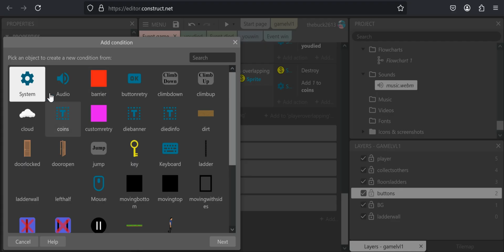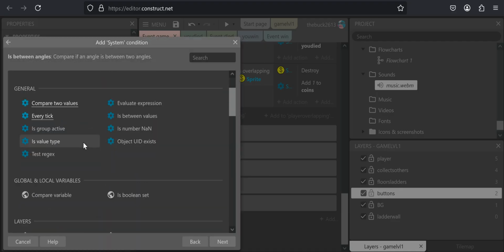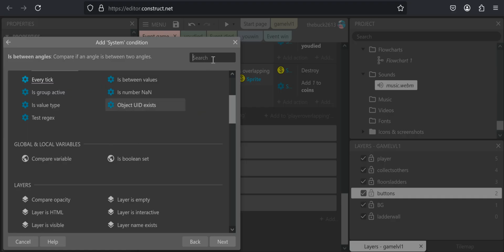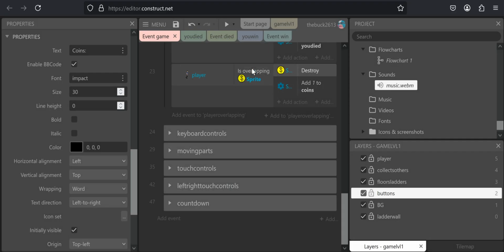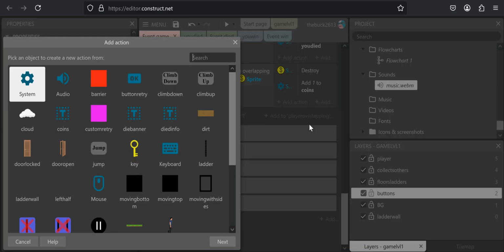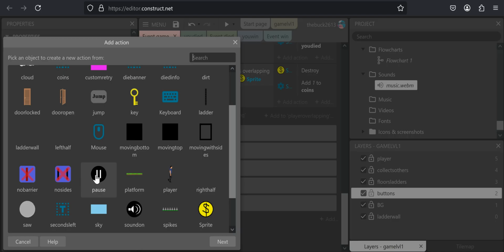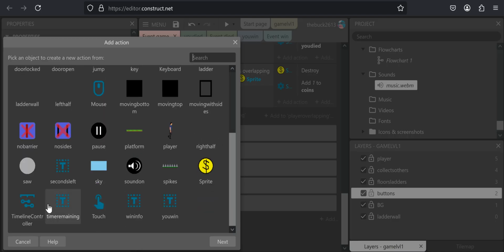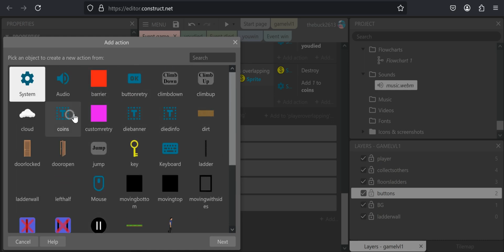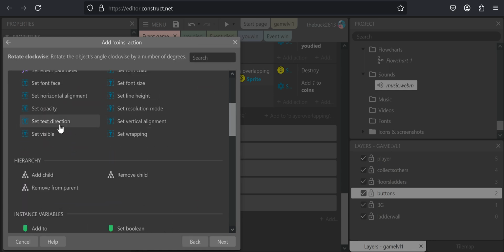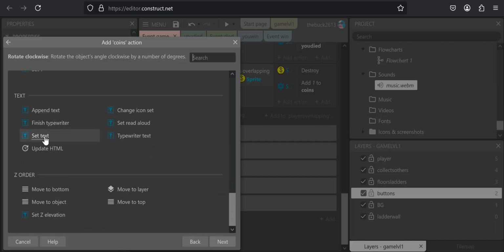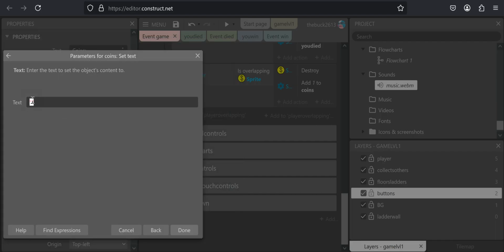So when the system, no, not when the system, add coins to one, and we'll just add it to this overlapping sprite. So we are going to tell the text, and I didn't name it, so it should just say text. Or no, I did name it coin. So then we will set the text to say